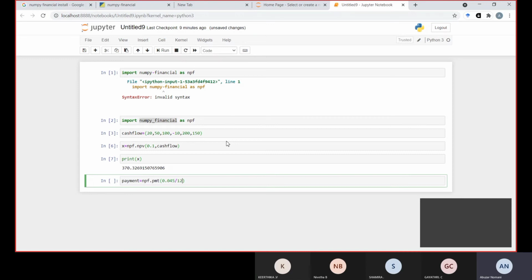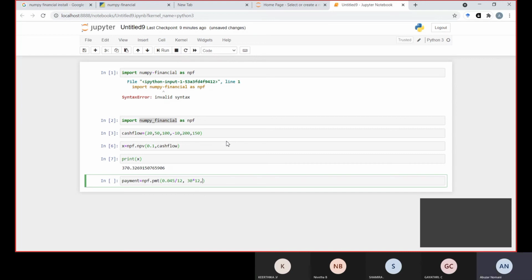And the loan of 2,50,000 is for 30 years. So how many years do we have? 30 years, and 12 months per year, so multiply by 12 here.